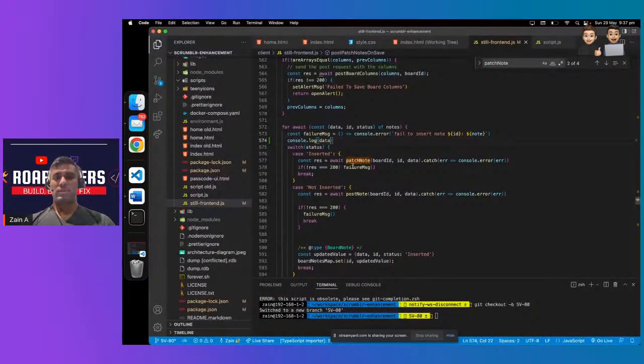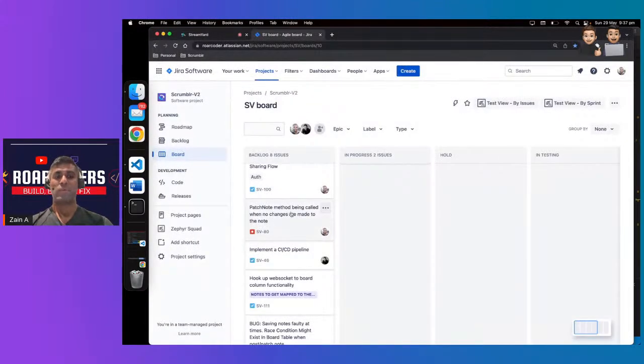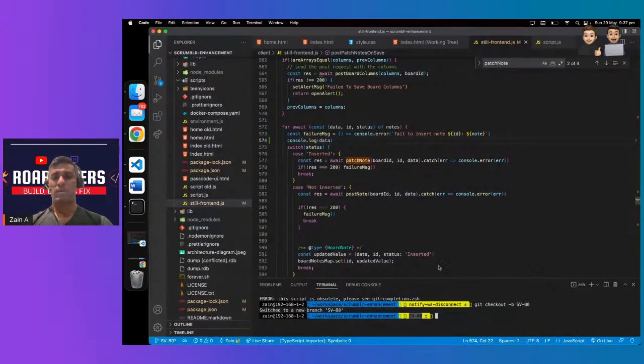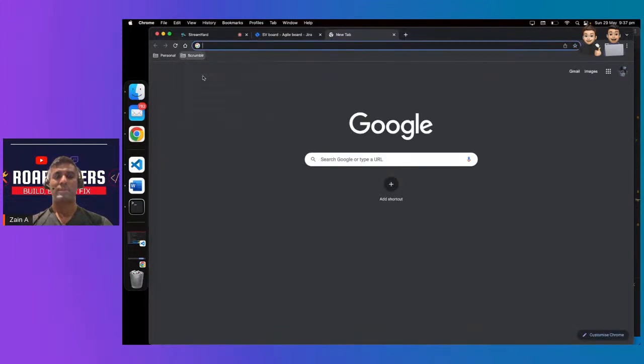All right. What I'm going to do is, as you can see, I like to create different branches in order to do different features or bug fixes. In this one, I've created a branch called SV80, which represents our bug in Jira, which is SV80 over here. All right. So we're going to be doing that, and then I will go to my AWS account and enable